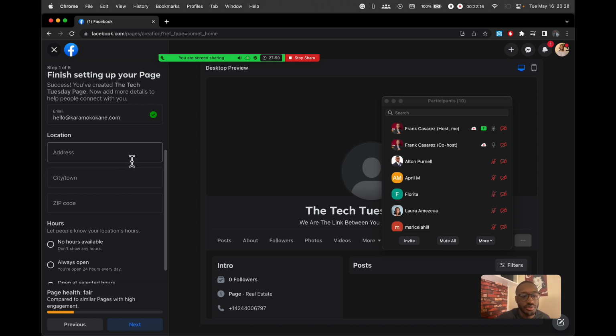But I encourage you to put something in here, because the more complete your page is, the stronger your profile. And Facebook has a page health bar down here. So it's going to compare every page and kind of give you some stats as far as what the health of your page is. So having all the information filled out, having something everywhere is better than not having certain fields filled out. So add an office address. If you don't have a personal office you could go to, or different office than your broker one, just put your broker office in here. So at least that place is filled out, okay?